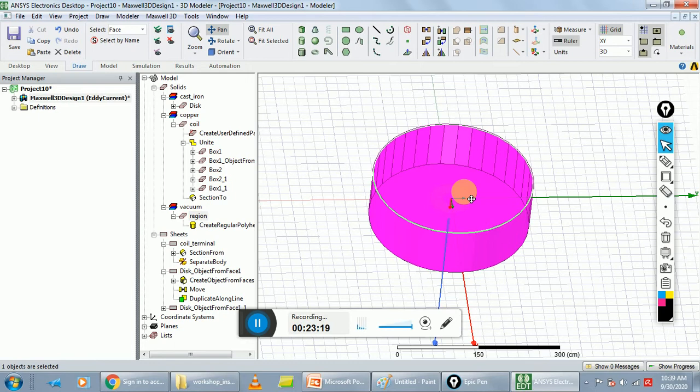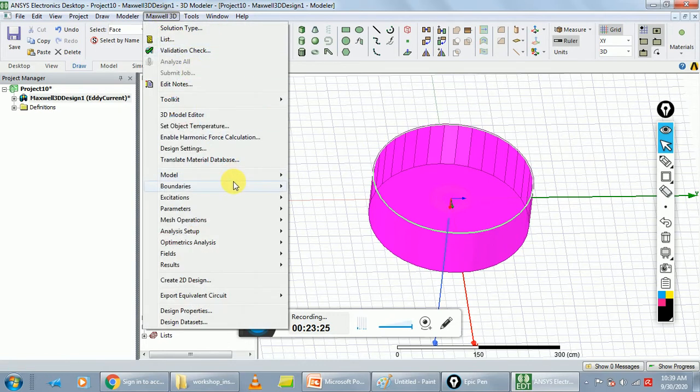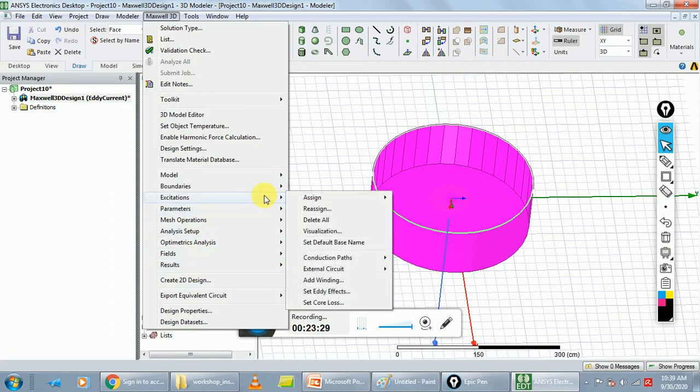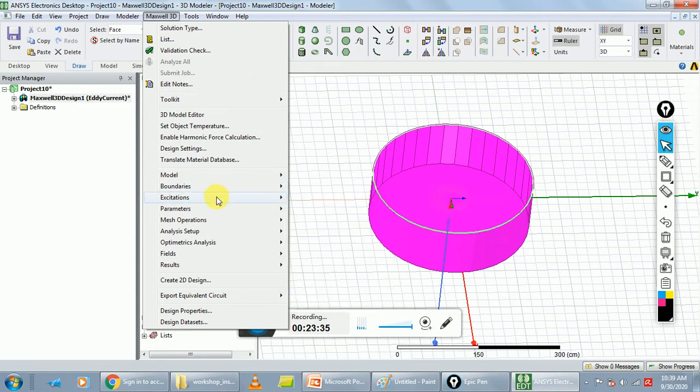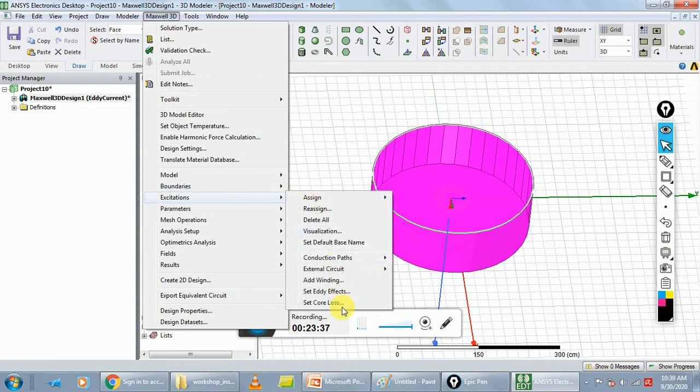After the completion of this step, next step is set eddy effect. For set eddy effect, go to Maxwell 3D and search excitations, click on set eddy effect.